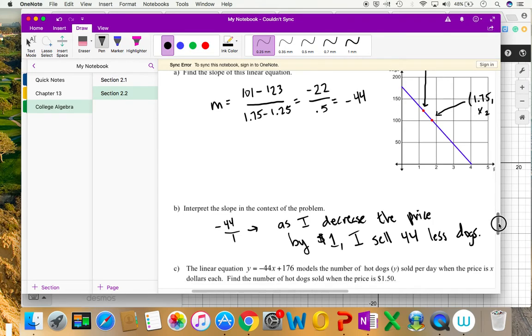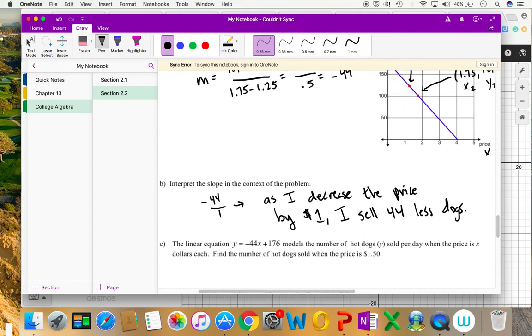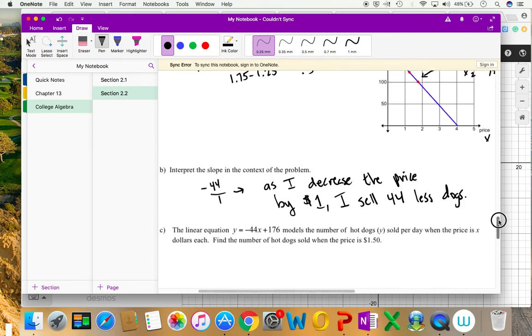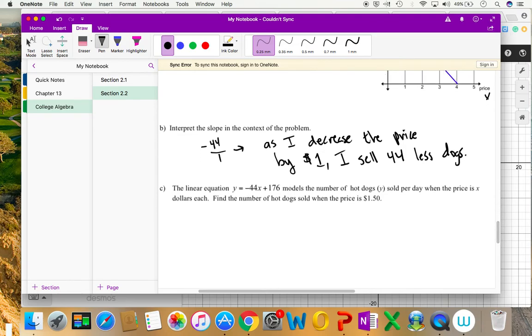Okay. If we have a linear equation in part C that models this scenario, where negative 44x plus 176 models the number of hot dogs sold per day, where the price is x dollars each, I want to find the number of dogs sold when the price is $1.50. Remember, price is your x variable. y is my unknown. So I would solve this as y is equal to negative 44 times 1.50